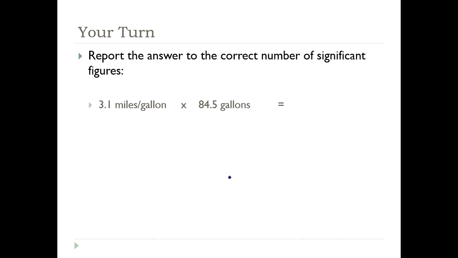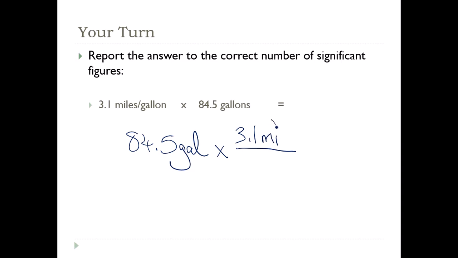Okay, so let's do this first one. Here we're multiplying. The rule is the least number of significant figures. And I'll show you this. In terms of units, 84.5 gallons, and then I can write this as 3.1 miles per gallon. And so gallons cancel out, and I'll be left with units of miles. But if I plug this into my calculator, I get about